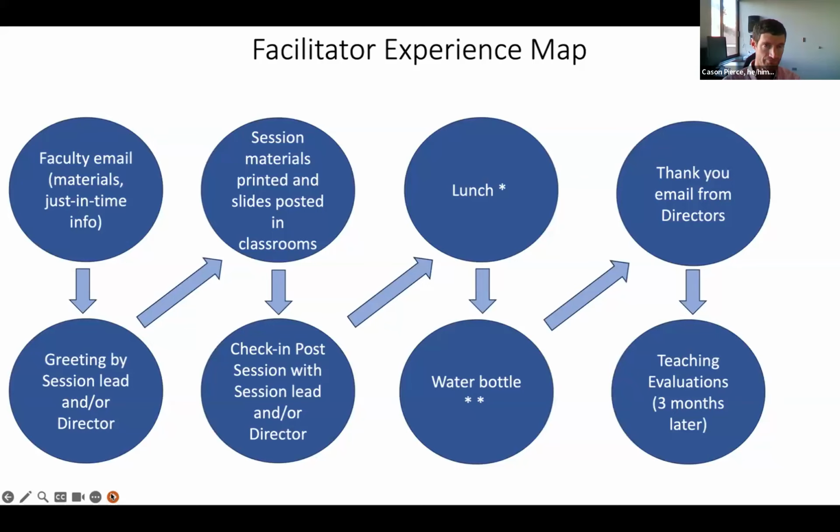That's either done with our session lead or our director or both. As I mentioned before, for faculty who teach all day, we provide them lunch. And then for faculty that teach in more than one session, we provide a water bottle. And it's a nice water bottle. It has an emblem that we've created with the CU School of Medicine. It is useful, and it also serves as some advertising as our educators are carrying around the water bottles